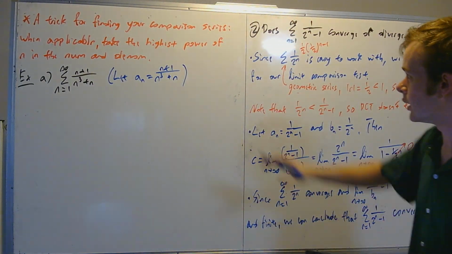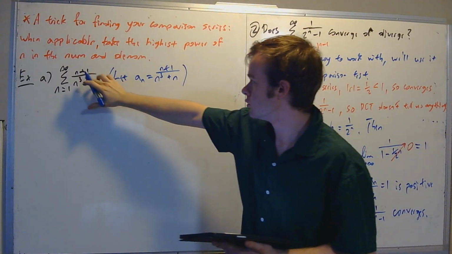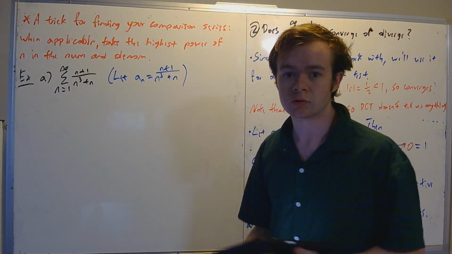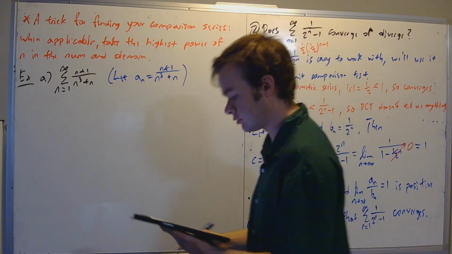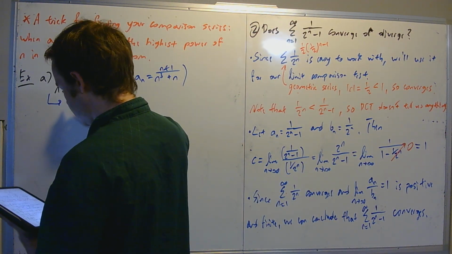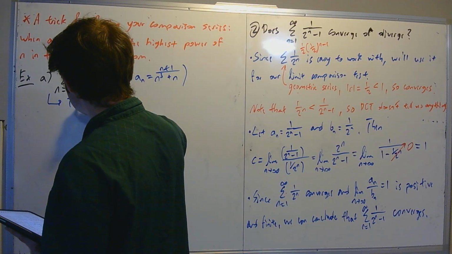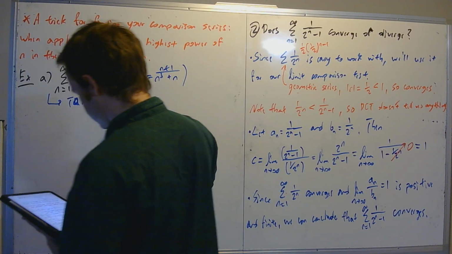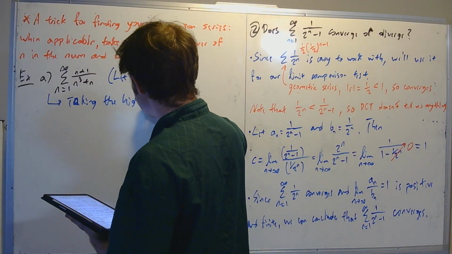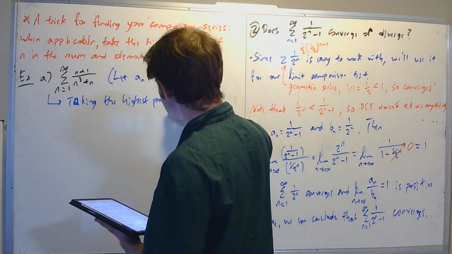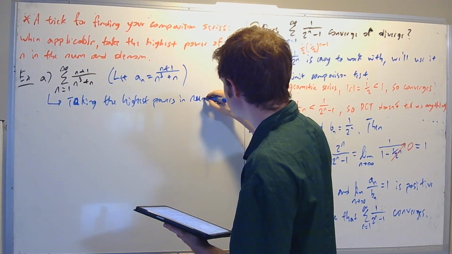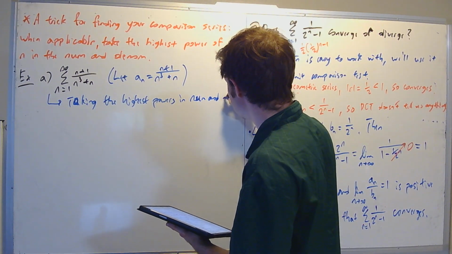Okay, so as I said up here, we take only the highest power of n in the numerator and denominator because we're trying to convert this into a geometric series. So I'll say here, taking the highest powers in the numerator and denominator,